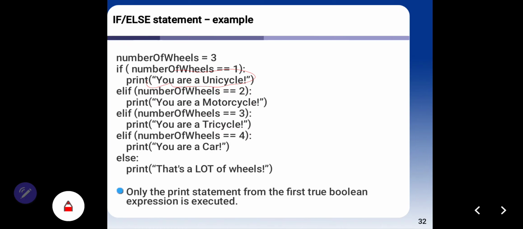But if the number of wheels equals 2, you are a motorcycle. If number of wheels equals 3, you are a tricycle. If number of wheels equals 4, you are a car. Else, that's a lot of wheels. If, elif, else, with colons.